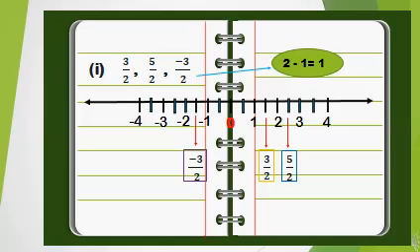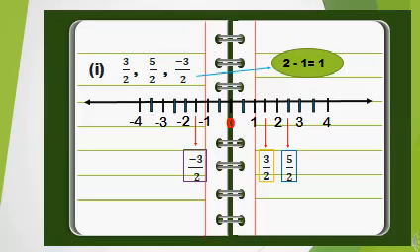Okay. After 0, we will plot one line. We will leave one line and we will write on the second line the number 1. After 1, we will leave one line and on the second line we will write 2. After 2, we will leave one line and on the third line we will write 3. Like that, we will do till 4 on the right hand side and as usual on the left hand side.